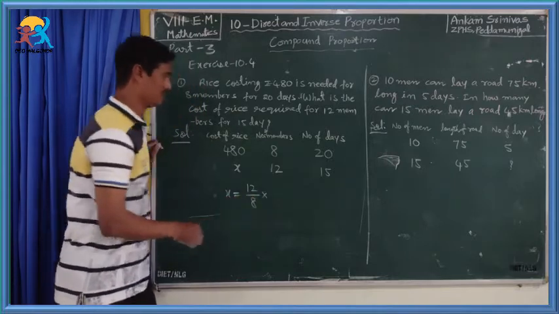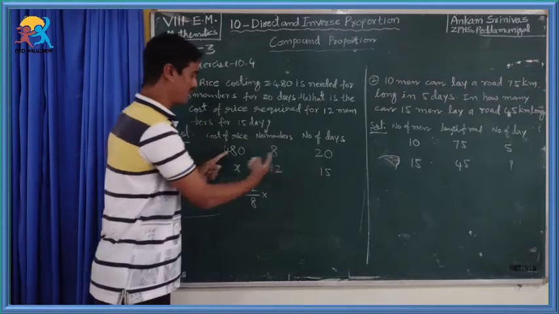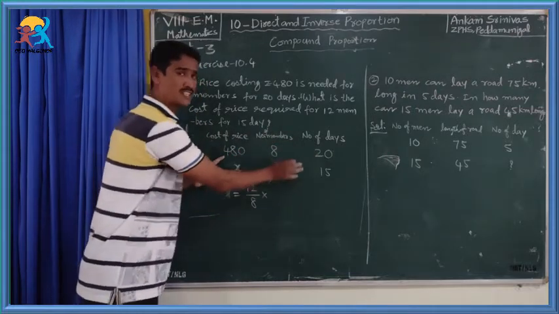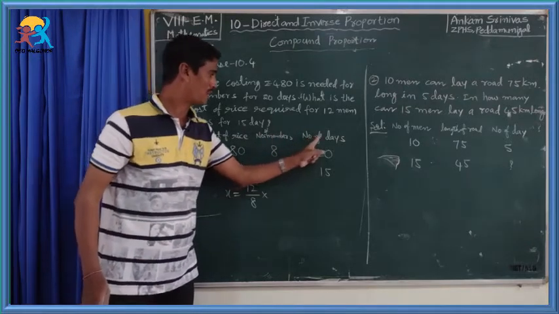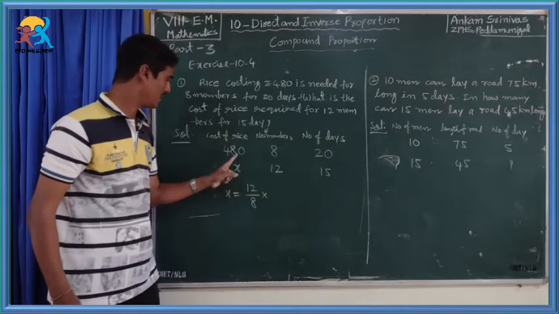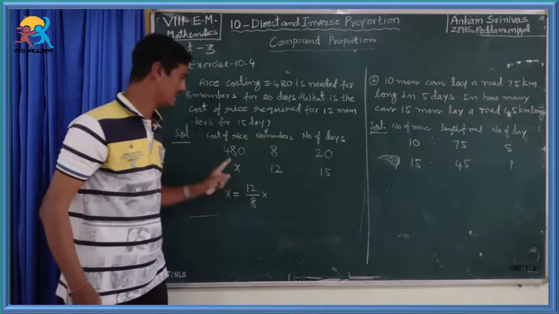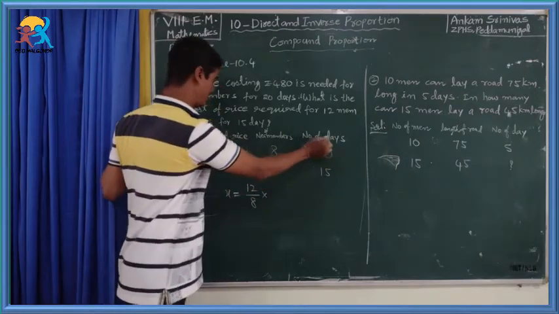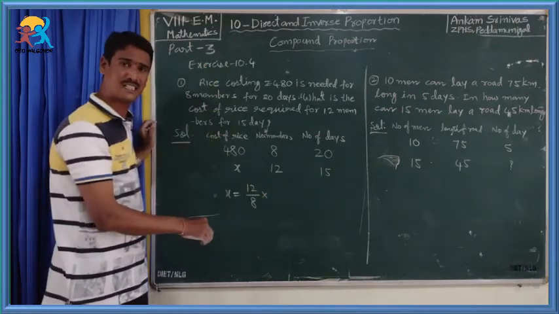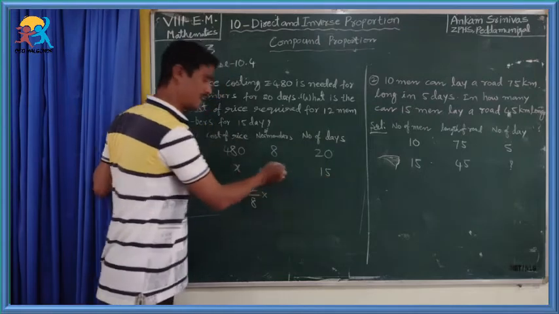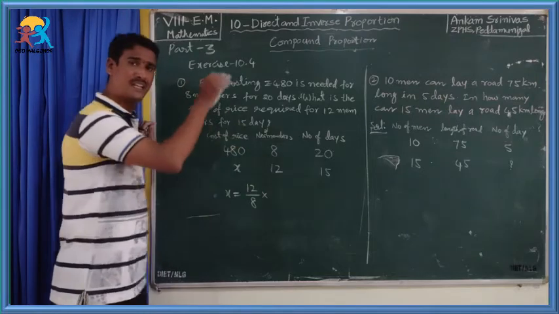Next, compare these two quantities. When you compare these two quantities, you take the number of members as constant. Thus, the number of members is the constant. If more number of days, we will get the more rice cost, less number of days we will get the less. So, here 12 days cost is 480 rupees. What happened to 15 days cost? Less. Because less days will get the less cost. So, for 15 days the cost of rice will be less.